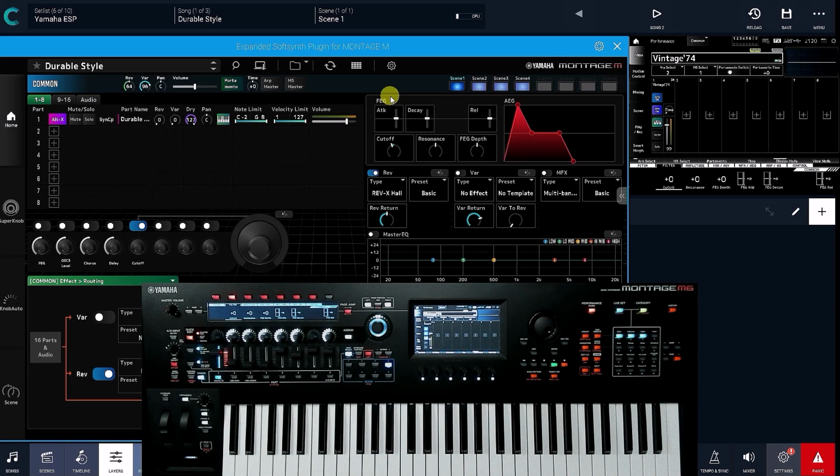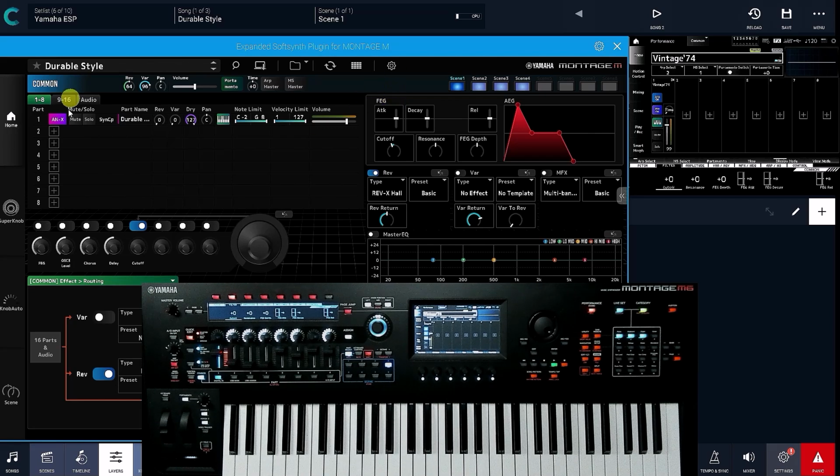Does that mean you can't do anything with it? Of course you can do things with it. You've got a nice screen with a very pretty interface, and you can say to yourself, I'd also like to work directly in ESP, and then transfer my editing to Montage M. Yes, that can be done. But at that point, we're no longer talking about ESP as an editor, we're going to work in a different way. That's what we're going to see today, quite quickly.